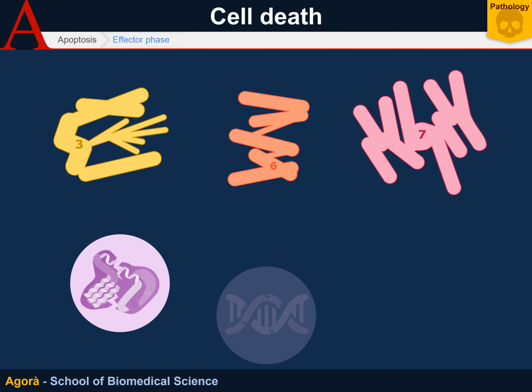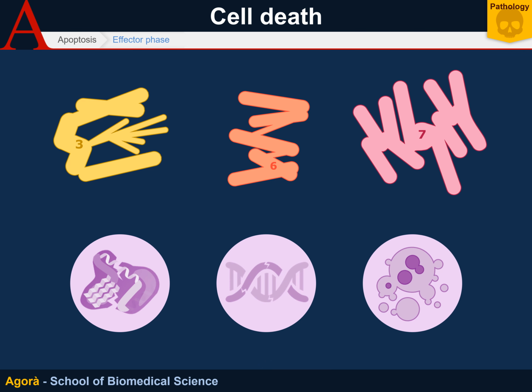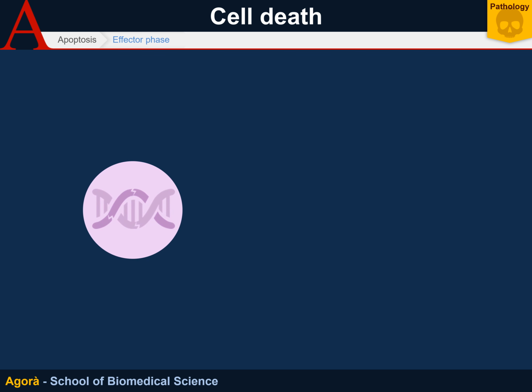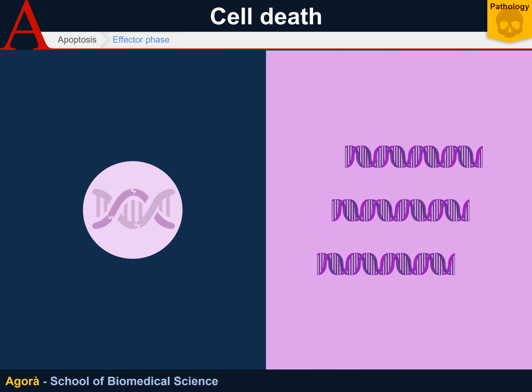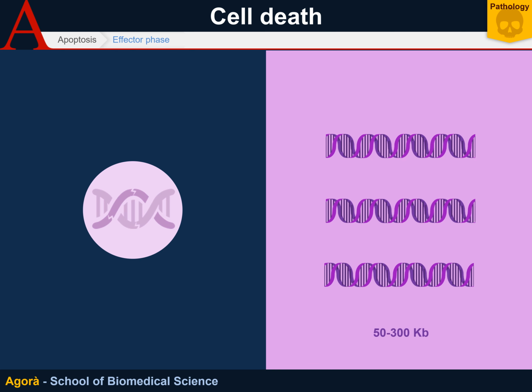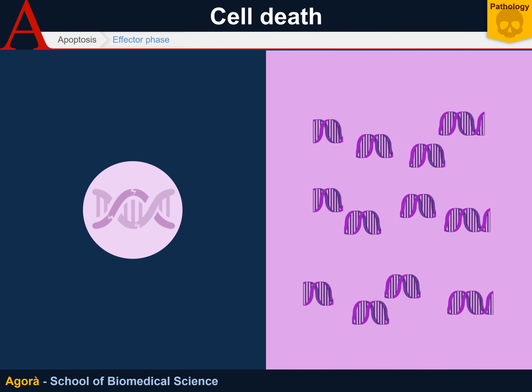Effector caspases 3, 6, and 7 mainly activate proteases which cut cytoplasmic proteins. DNase then cuts the DNA and activates a number of molecules inducing apoptotic body formation. Enzymes cutting the DNA have a specific role. In fact, caspase-activated DNase, or CAD, cuts the DNA into fragments of 50 to 300,000 base pairs. These fragments will be cut into fragments of 100 to 200 base pairs by an endonuclease activated by the